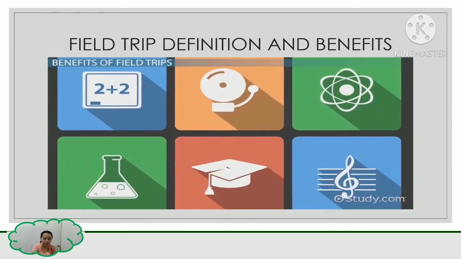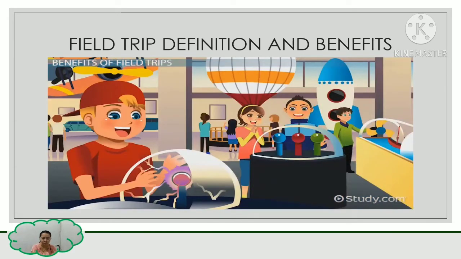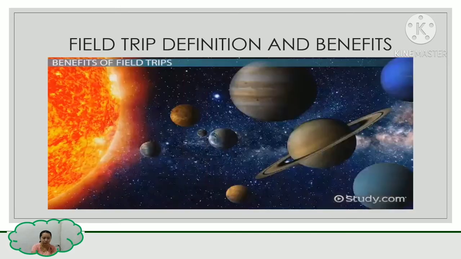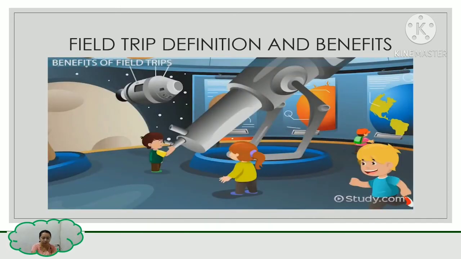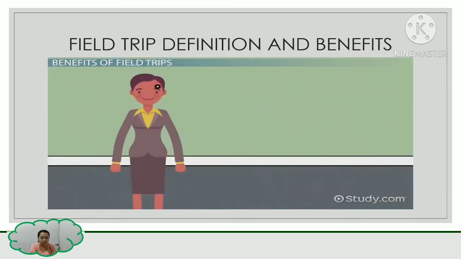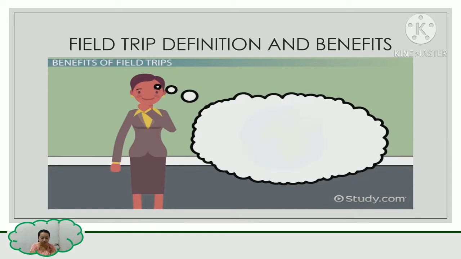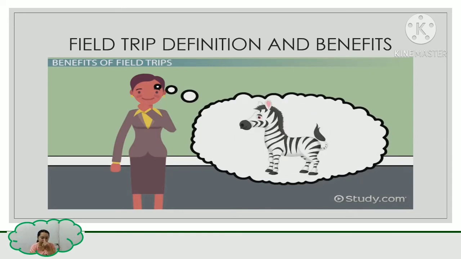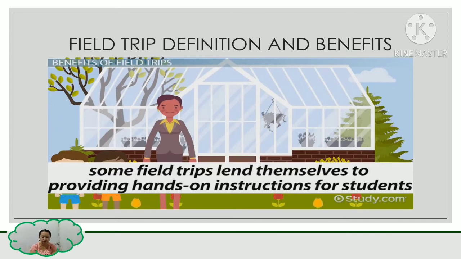The field trip may be a place that supports the current curriculum. Other trips may be to unrelated yet relevant locations. For instance, if your class is learning about planets, a trip to the planetarium can help enhance the coursework. However, you could also plan a field trip to the zoo or aquarium. The experiences may not match the lesson about the universe, but the animals or marine life can offer valuable learning opportunities. Some field trips lend themselves to providing hands-on instructions for